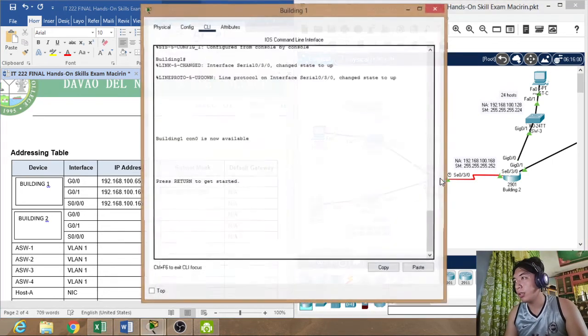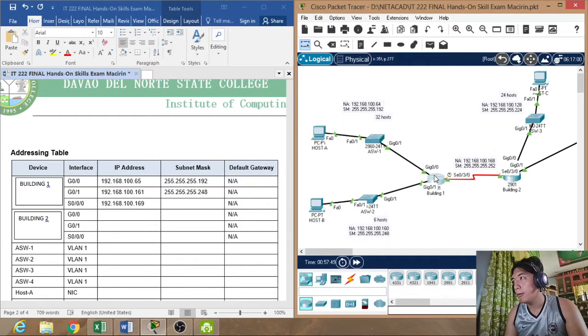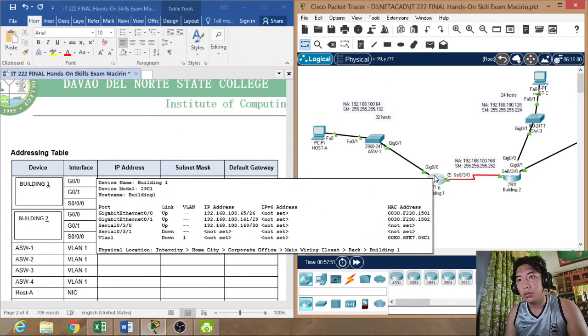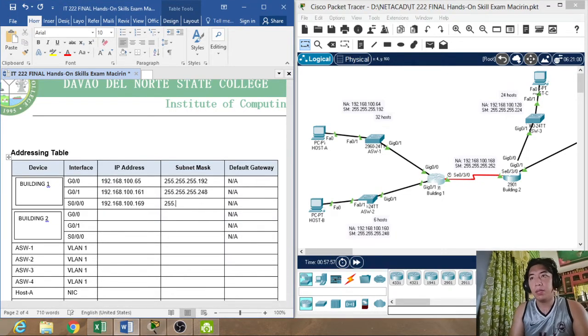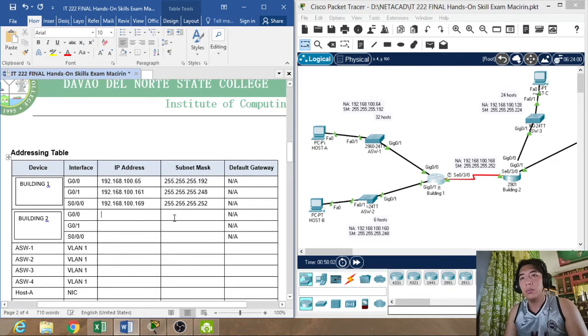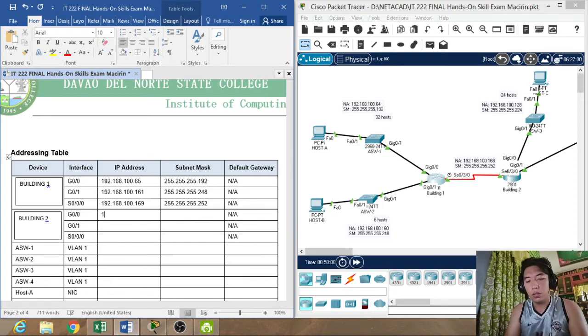Let's double check kung tama ba. Serial 00169 and slash 30. Okay, so tama. 255.248, 252. And now sa building 2, gigabit 00 is